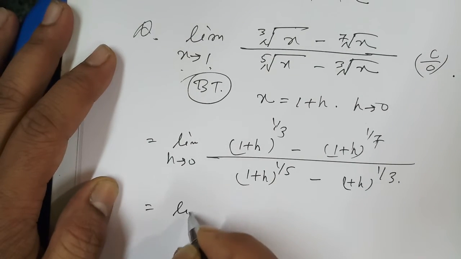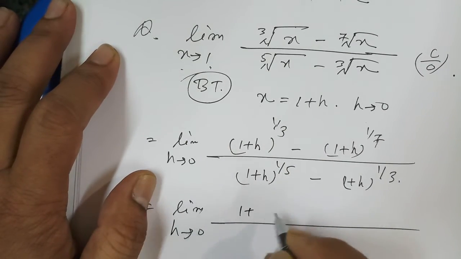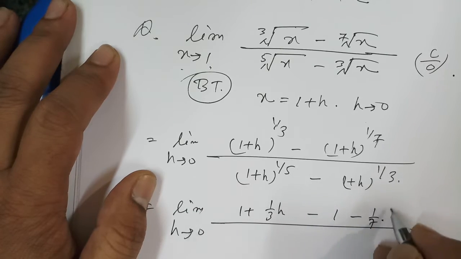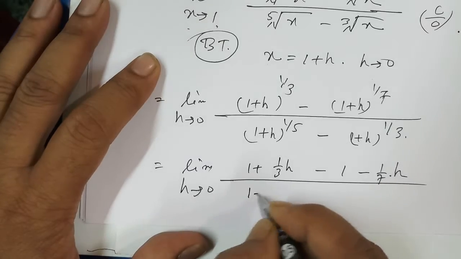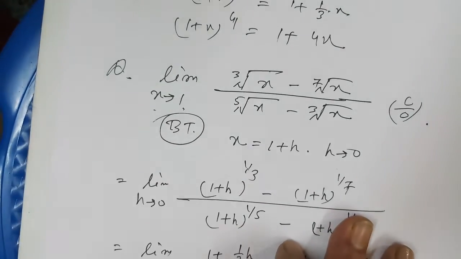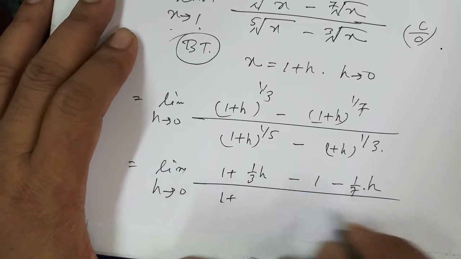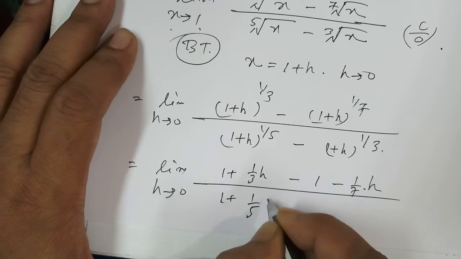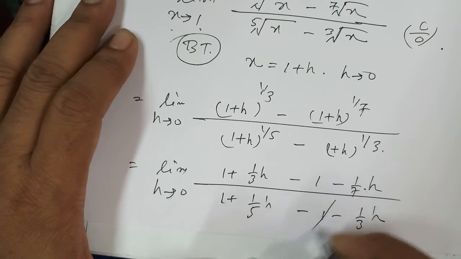And now using binomial theorem BT, 1 plus h, very easy and very interesting method. The question looks very difficult, but using BT binomial theorem, this is an excellent method, an amazing method. 1 upon 5h. Okay, now 1 is cancelled,